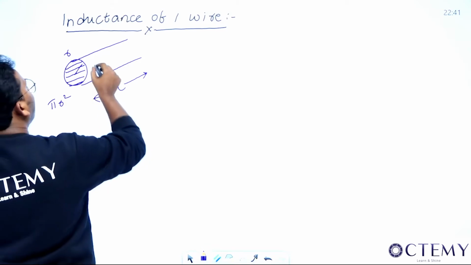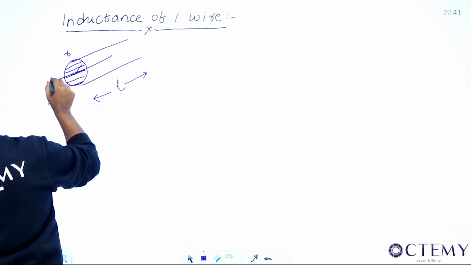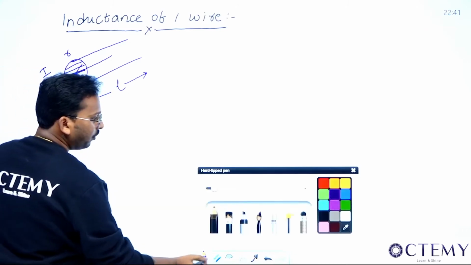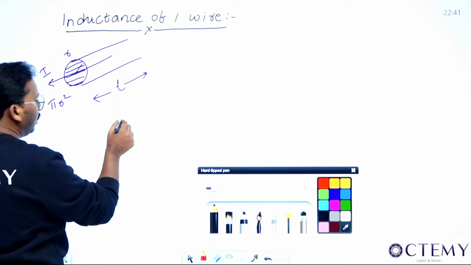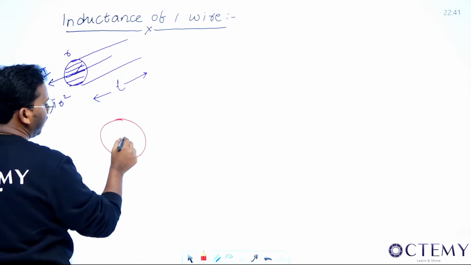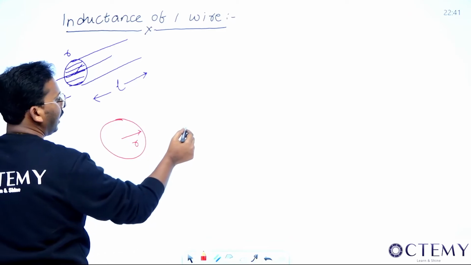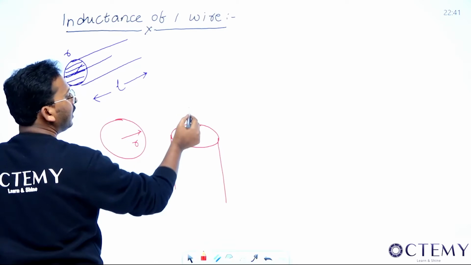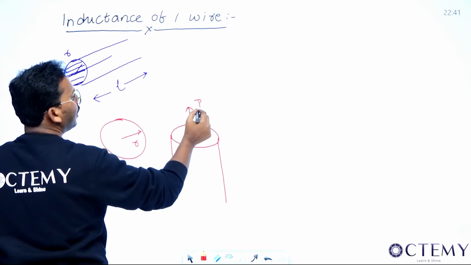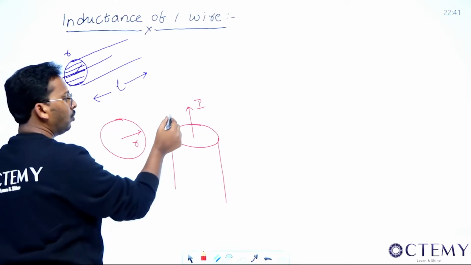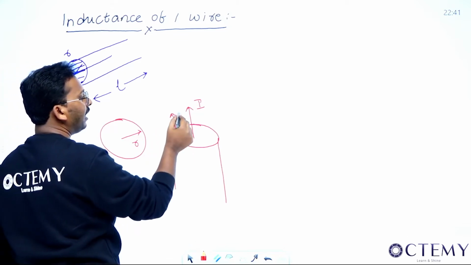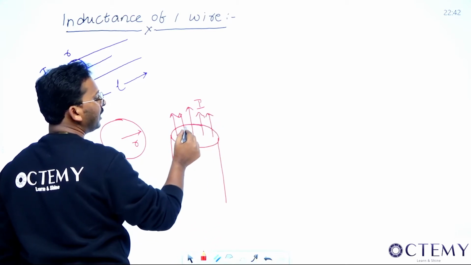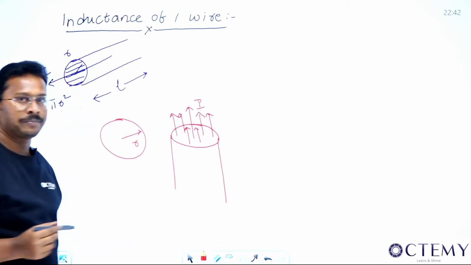From this pi R square, assume that a current I is coming out like this. If I show you the top view of this same figure, this is how it will look. This is radius R from here to here, and from this radius, current I is coming out like this. Now this I is entirely coming from the whole cross section area we have. And the RMS value of current is shown with capital I, right?